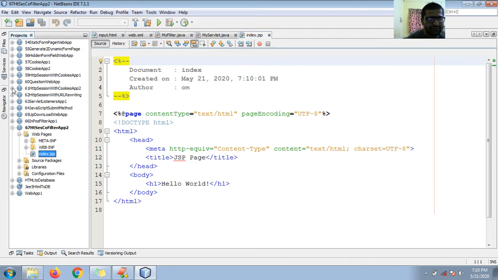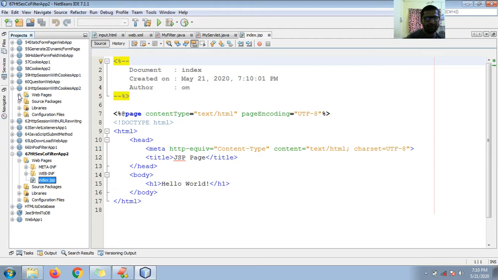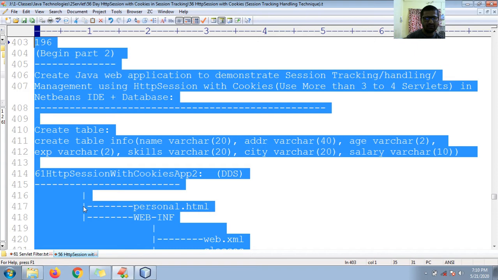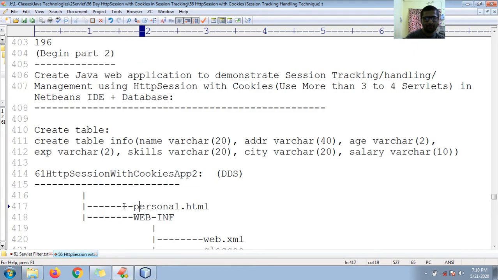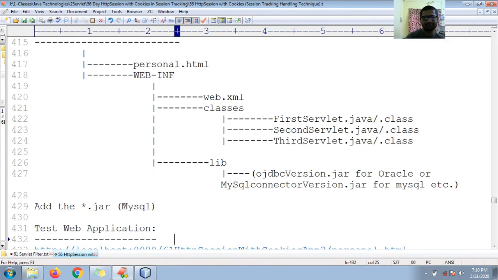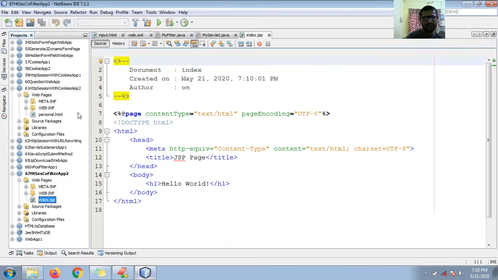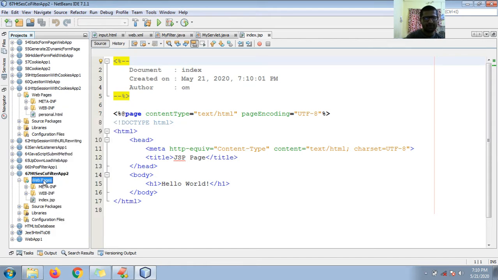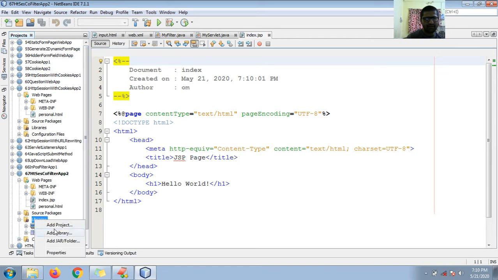Let me go to 62, 61 web pages, and copy all of those. 61 contains personal.html, and first I need personal.html. So web pages, copy, and here paste. Then I need to add the jars also. Let me expand my libraries. So right click, add jar or folder,